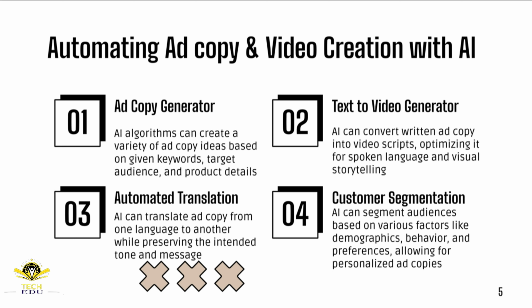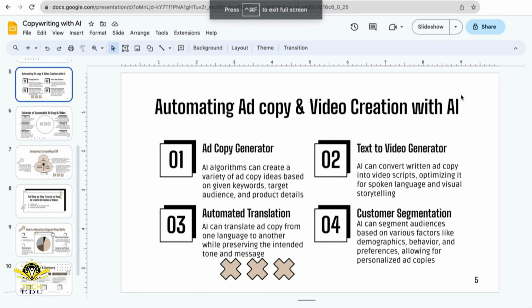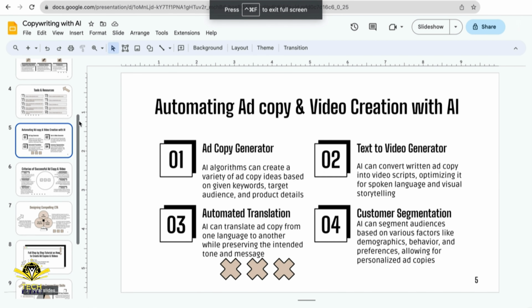You need to come up with your own ideas. You need to create the videos. Then you need to edit the videos and make them as perfect as possible. What if I told you that you can outsource that work to AI? It will save a lot of your time because AI is going to be able to do that work in less than a minute or maybe in less than 30 seconds, guys. Can you imagine how much time you're going to be able to save by outsourcing this work to AI, right? And one of the tools that we're going to utilize is called